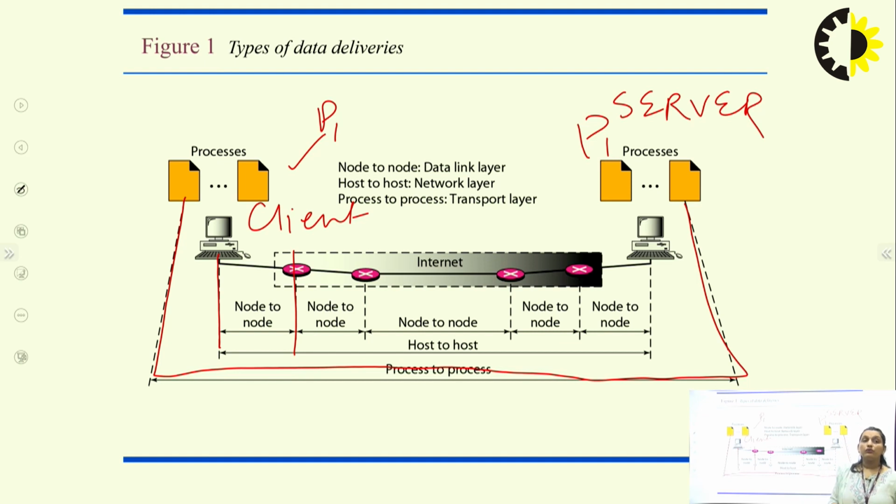If we want host-to-host delivery, in the network layer we have an IP address. There is a source IP address and a destination IP address, which we will see in the IP header. The host address is initiating and the destination IP address will be receiving it. The IP will be matched here, the IP of the source and destination, which is written in the header